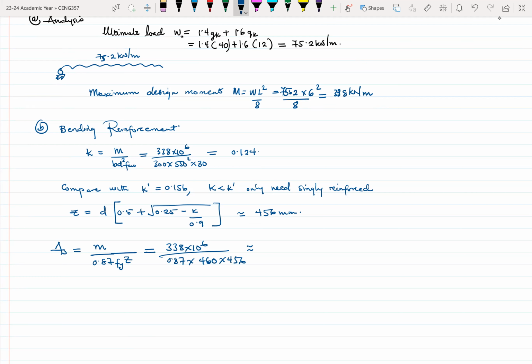So this should be approximately 1855 millimeter squared. All right. So this is the area of